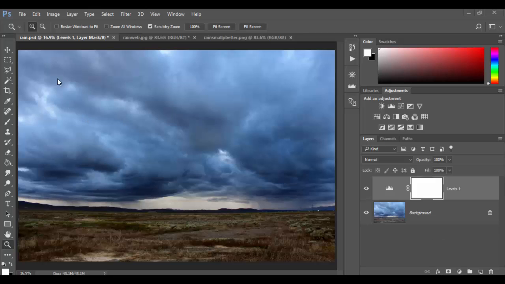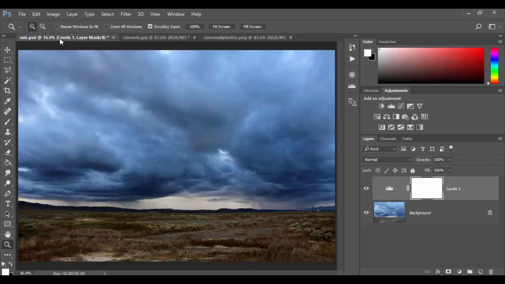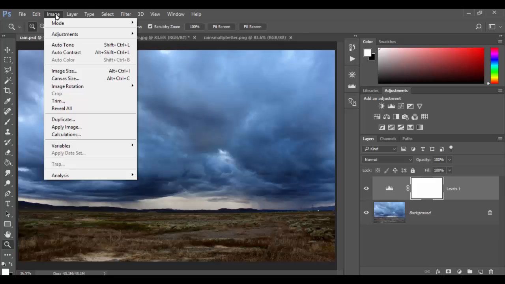So as you can see here, I have this PSD file and it's titled Rain, and I have a JPEG and a PNG file of the same image here. And I'm going to explain some things, and then I'm going to show you how to properly save the PSD